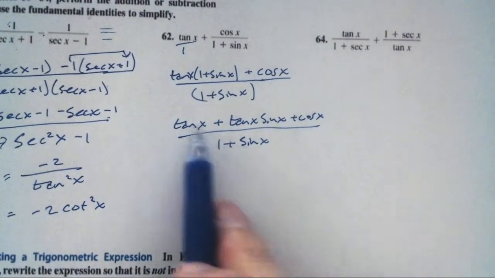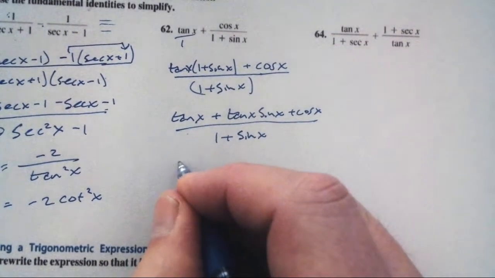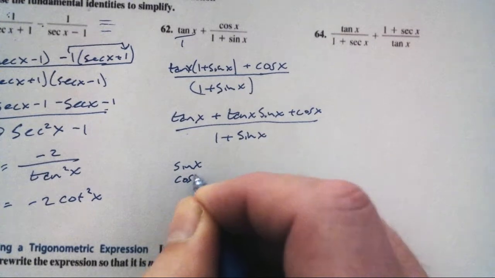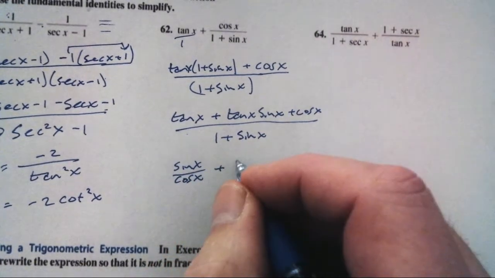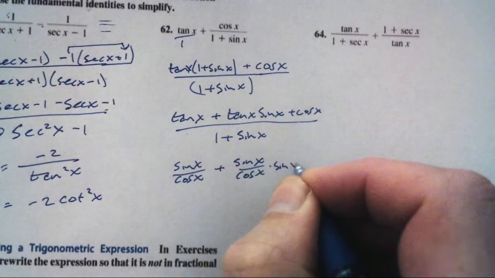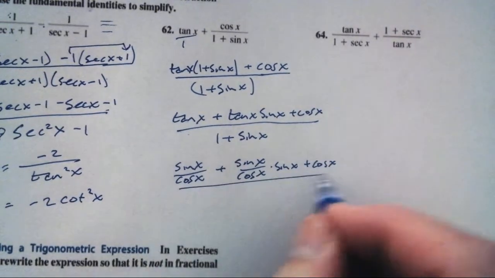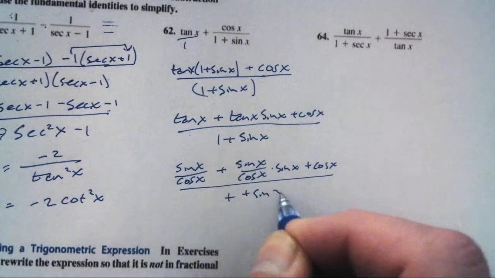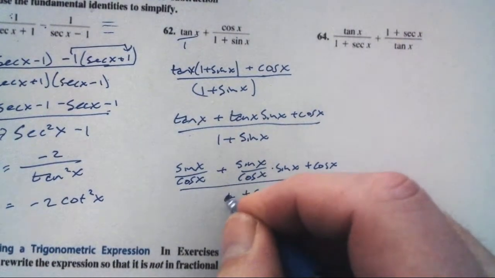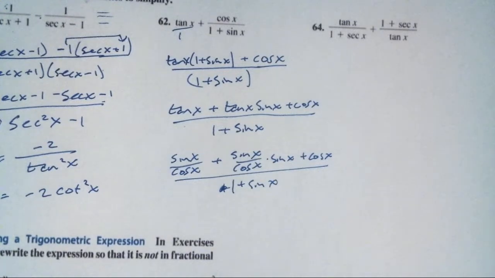All right, we got 3 different trig functions now. I'm going to go to sines and cosines and hope something good happens. Sine of x on cosine of x plus sine of x on cosine of x times sine of x plus cosine of x all on 1 plus sine of x. Now, we've really created a mess here. I'm going to actually refer to this mathematically as a mess. It's when we create compound fractions with trigonometric